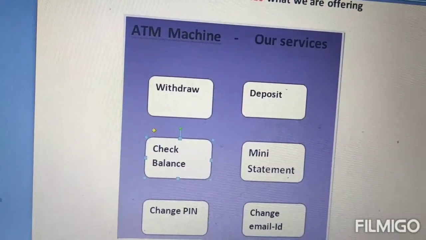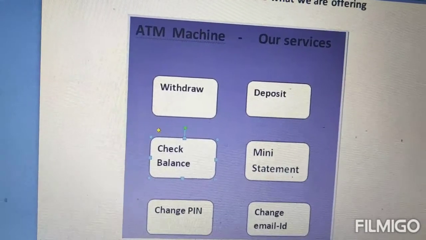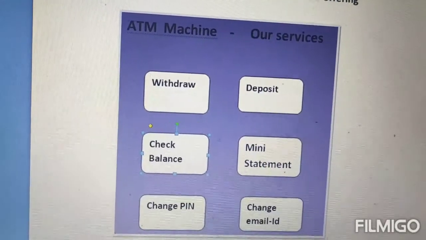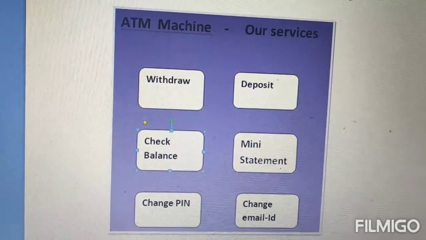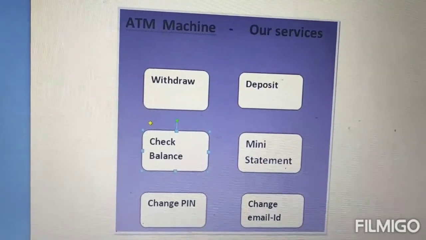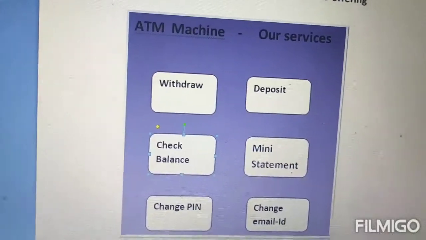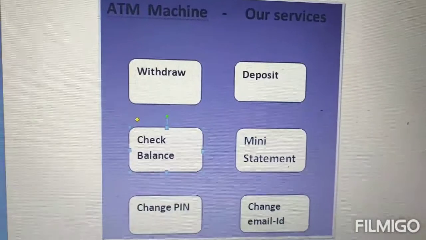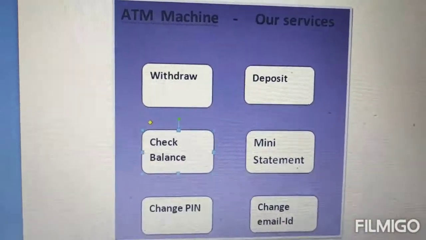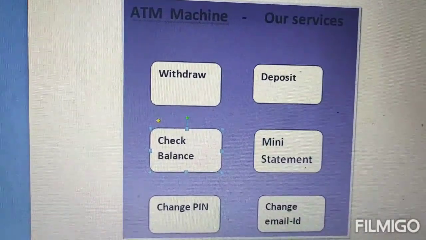Again, same with the case of deposit, check balance, mini statement. All these services they provide us, but as a customer, we can see that these are the services provided by bank people through the ATM machine, but we don't know what the implementations of these services are in the background.